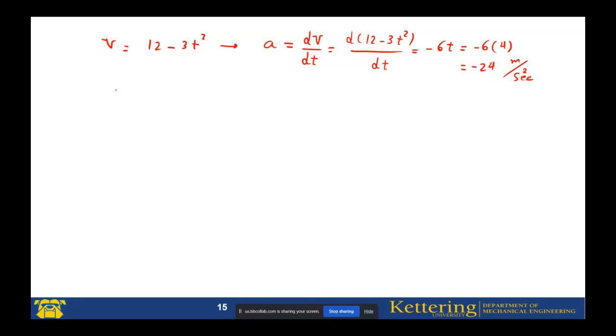Now, how about the S? How can I find the S? Yes, take the integral of the velocity. Okay, that's good. To find the S, we know velocity is the derivative of S with respect to time. We have the velocity, or ds equal to v dt, or ds is equal, velocity is 12 minus 3 t squared dt. If I take the integral on both sides,